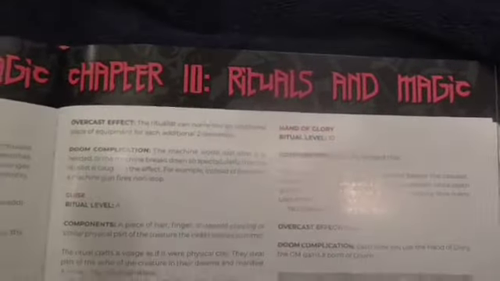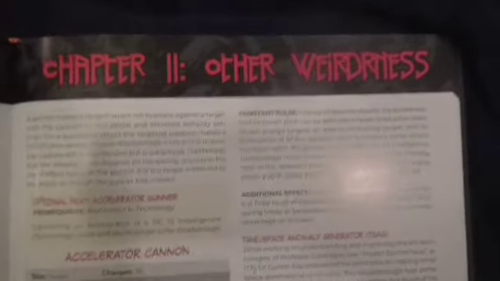Okay, and you have rituals and magic, which is your standard. In any role-playing game there is a section that has magic. There is a section on madness and magic. You have other weirdness, special intel, the different organizations that solve occult mysteries their way. And you have your foes and allies. In foes and allies, they have the 5e stats for Hellboy, Johann,